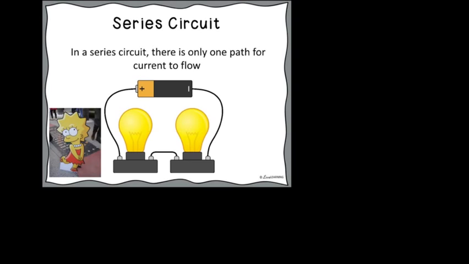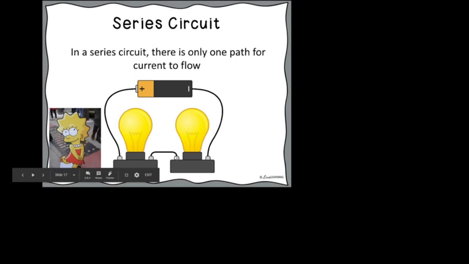So, in a series circuit, we see only one path for the current to flow. If we remember from our battery, electrons flow out of the negative side of the battery because the negative charge is repelled by the negative side of the battery. They flow outward